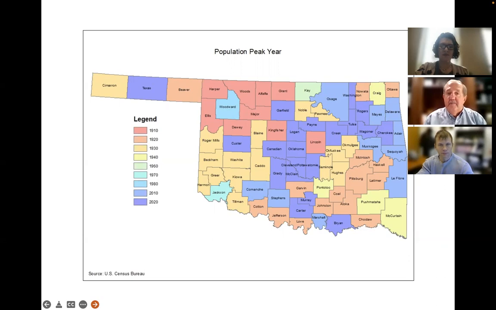The counties that are deep dark blue or purple are counties that registered their largest population either in 2010 or 2020. This is a really interesting slide, and it probably tells you a little bit about the history of our state, how our state was settled. There's probably a little land run influence here, as well as the Great Depression and the Dust Bowl influencing our population. Next slide, please.